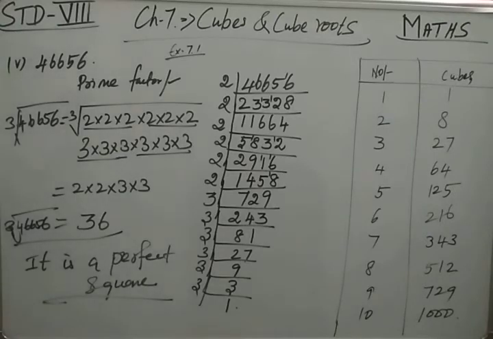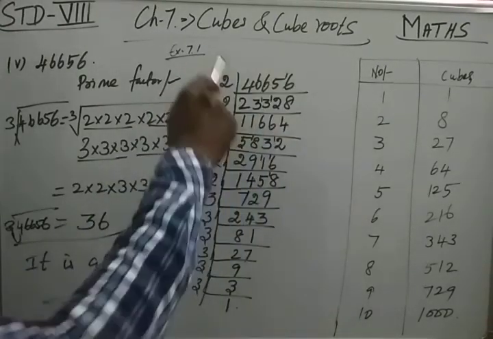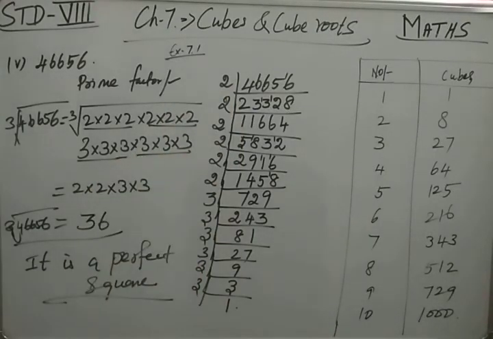Understood what we have done here? I hope you all have understood what I have done. I have just done the prime factorization method. Already we have learned in the last chapter itself. So that's why I have done faster. So you all understood and you can write it in your copy. Understood? Now let's go for the next second one.